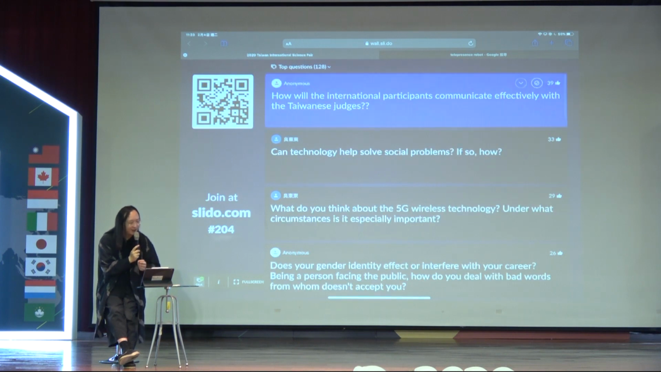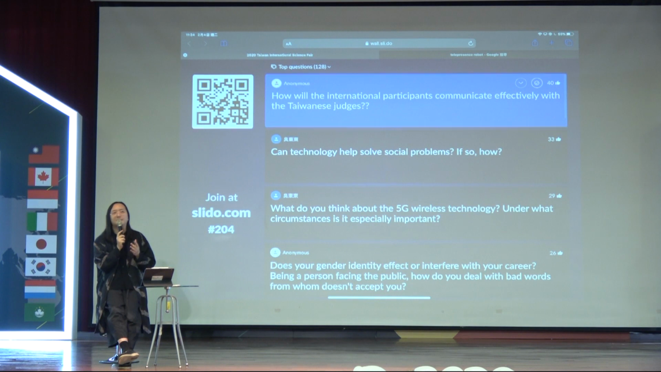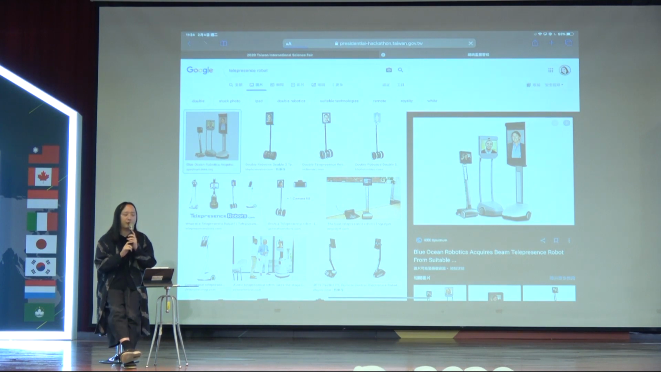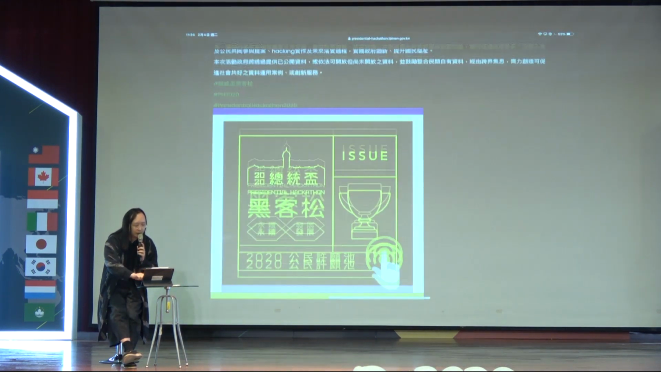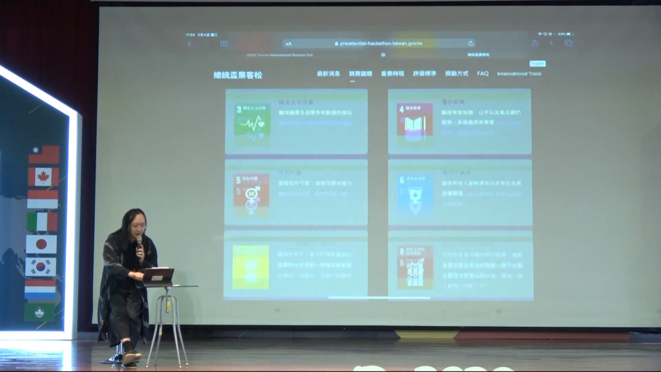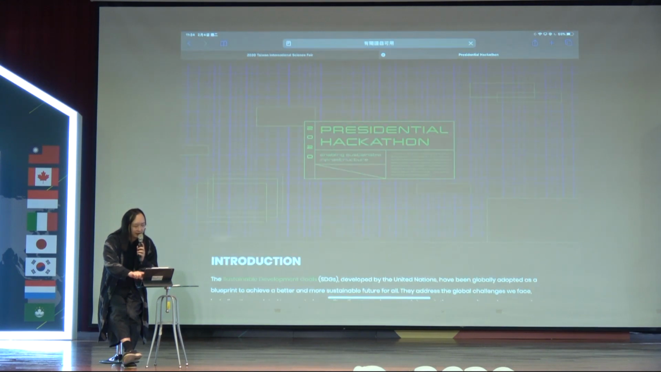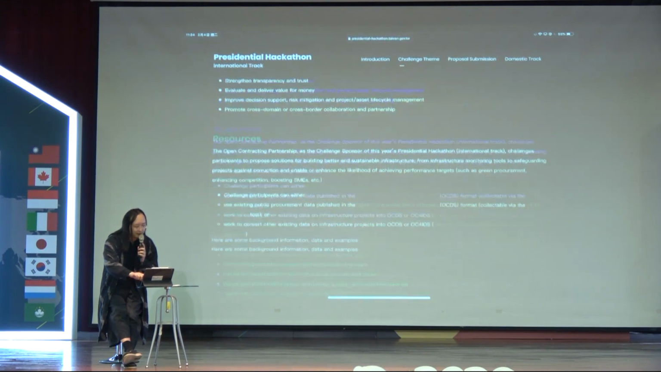Okay, so 39 people would like to know: how will the international participants communicate effectively with the Taiwanese judges? Very good question. First, for the International Presidential Hackathon, as well as the International Social Innovation Partnership Award, the jury panel is international. So if you go to the ph.taiwan website, the Presidential Hackathon website, you will see not only the beautiful icons of the 17 United Nations Sustainable Goals, but you will also see an international track,